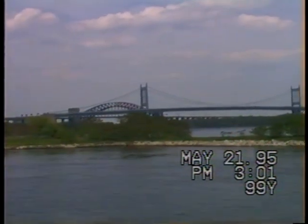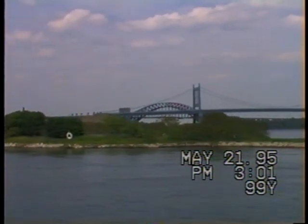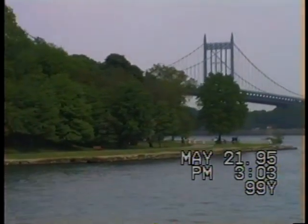Ahead of us, that green bridge is a footbridge. It connects Manhattan with Ward's Island. The railroad is what made Harlem accessible to the city of New York. And after the railroad was laid down, the developers started to build up here. And Harlem became the center for much of our black...